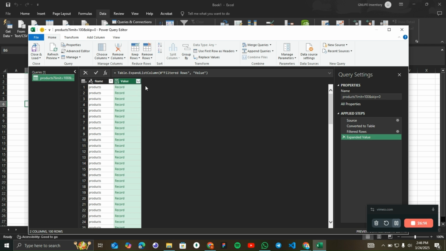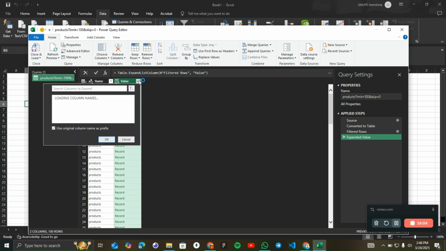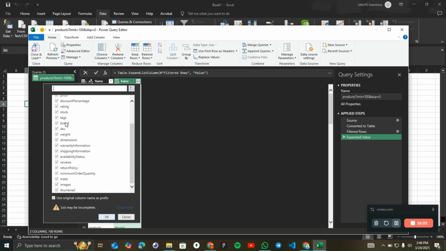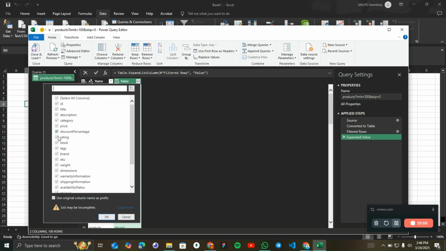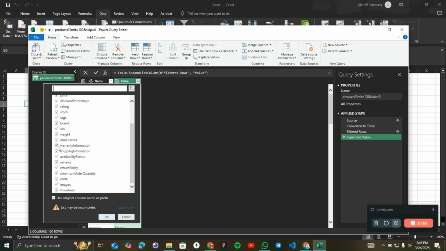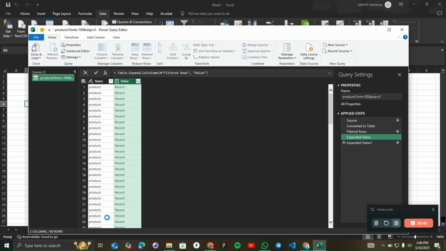I need to keep using this split icon until I'm done extracting all the data that I need from the JSON data, and once I'm done, I'll delete the ones that I do not need. So I'm going to click on this icon again, select all the values that I want, and remove all the ones that I do not need. Here I can see use original column name as prefix. If I click OK, I can see